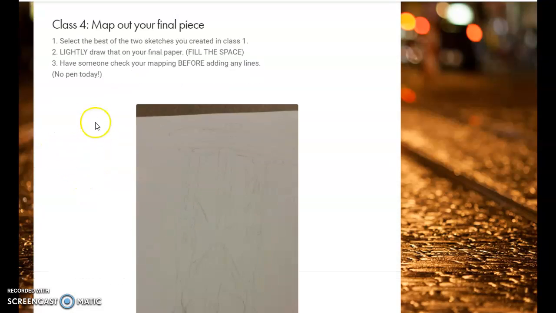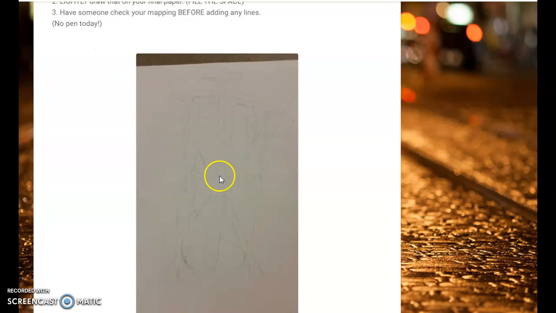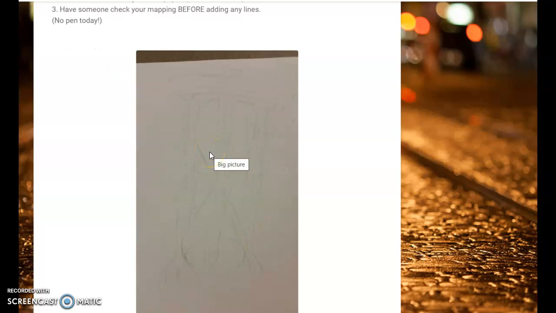Oh, right. Class 4 is you're going to map out your final piece. Notice this is really light. If you're sitting in the back of the classroom right now, you're probably like, I can't even see anything. And that's good. You want to draw it as light as you can until you know it's in the right spot. And then you're going to use pen. You're not even going to draw dark with pencil at all because the pencil needs to be erased like it wasn't even there. One other thing I did that I love is that I outlined where the highlights will be,